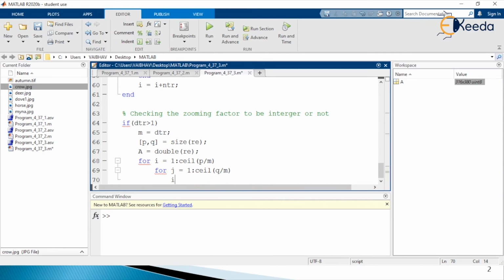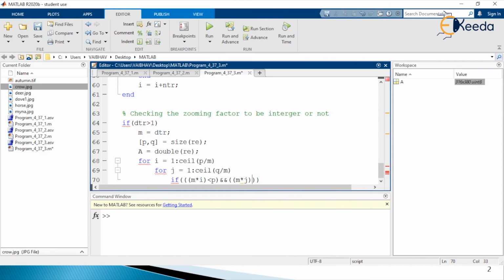Within the parenthesis we are having m multiplied by the variable I that is less than small p, then having the two conditions, inside m multiplied by j, and that is less than small q variable here.